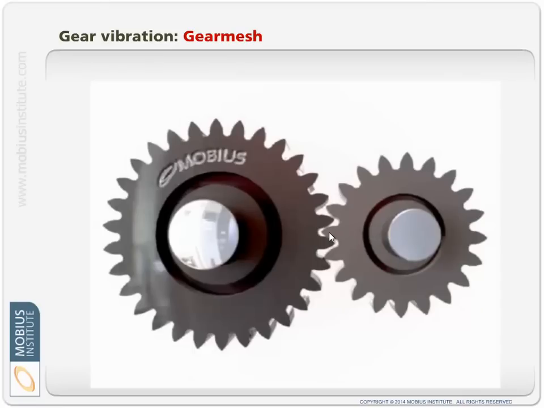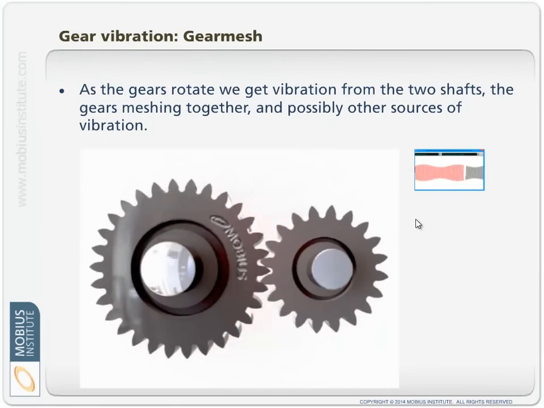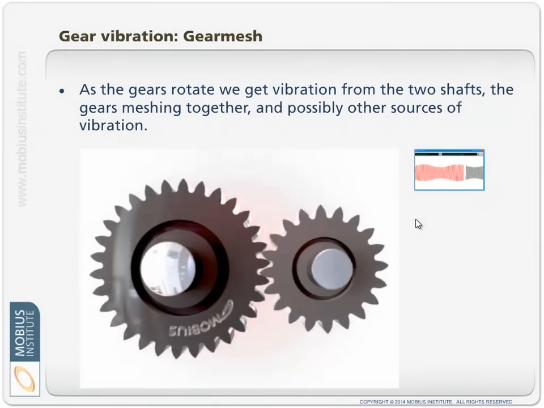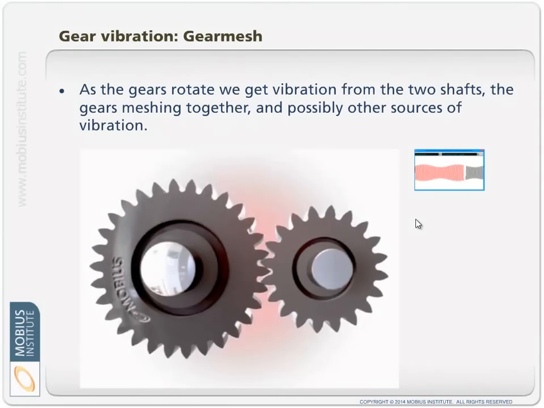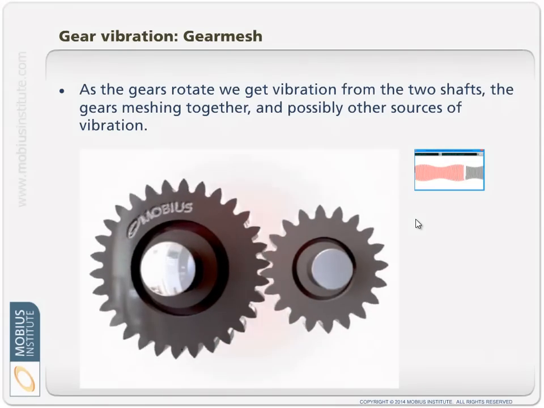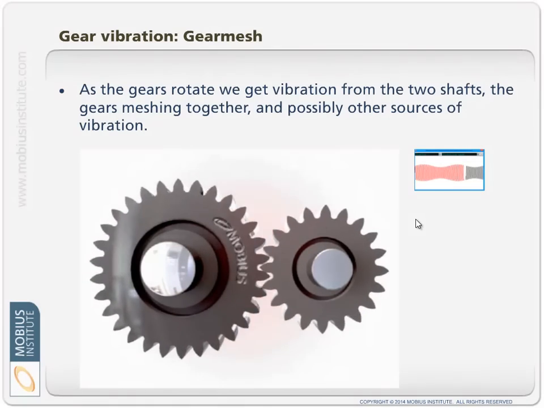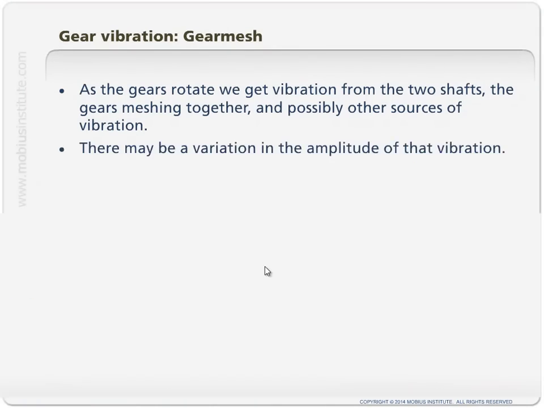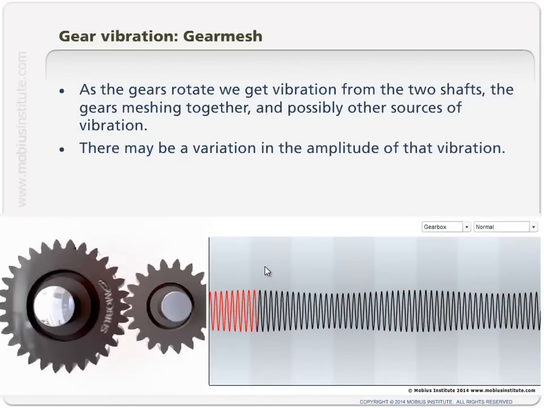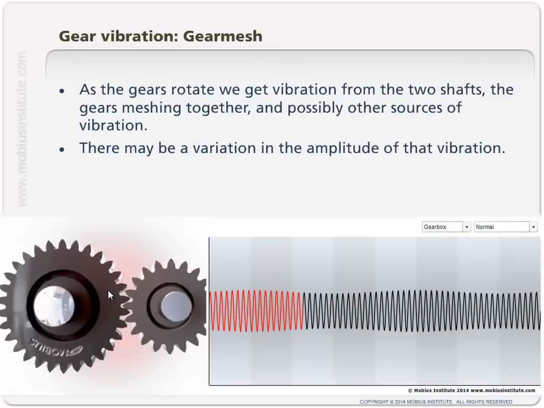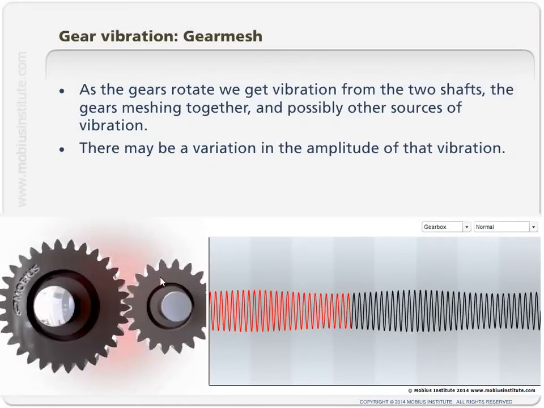But either way, there will be a source of vibration at the Gearmesh frequency, which is the number of teeth times this speed, or the number of teeth times that speed. So we can look at this in a little more detail to see what other sources of vibration we might see in addition to just these two shaft speeds and the Gearmesh frequency. Now, what I'm trying to show here is here are our teeth, our gears turning, and the